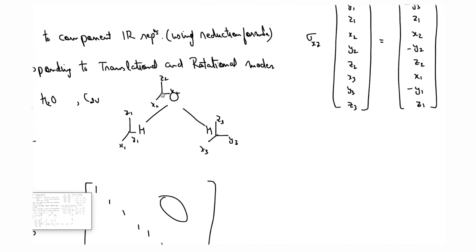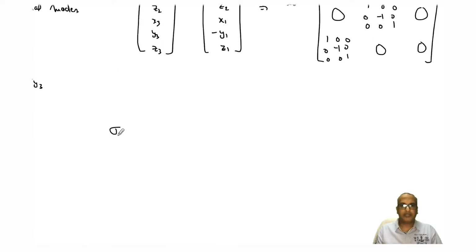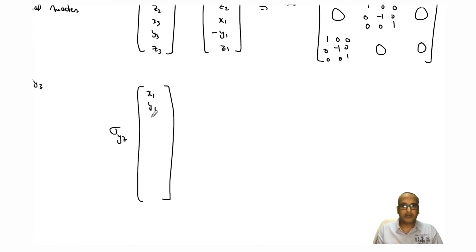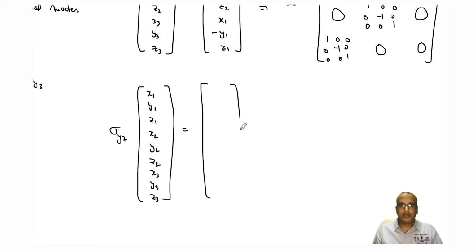Now let's do the same thing for sigma yz. Now for sigma yz, it's the plane of the board. So that means none of the atoms will move now, and x goes to minus x, right? That is the only change, because now the plane is yz, right? So I have sigma yz. So none of the atoms are moving, so that means I'm not going to change the position. Only the sign of the x will go negative.